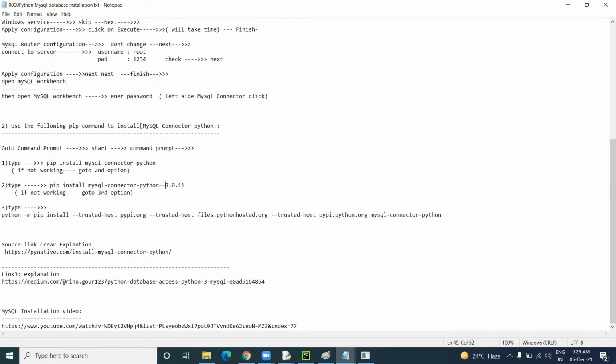Then go to the command prompt. You need to give a connection between MySQL installer and Python. If you want to install any other Python library, you can go to the command prompt and install mysql-connector-python. We can install it through the command prompt, or else through PyCharm. This is the connector between the MySQL database and the Python application. To install any Python library we can use pip install package, so to install mysql-connector-python we need to go to the command prompt.